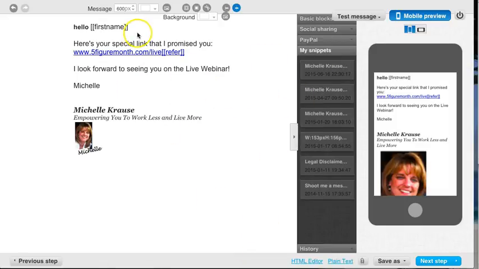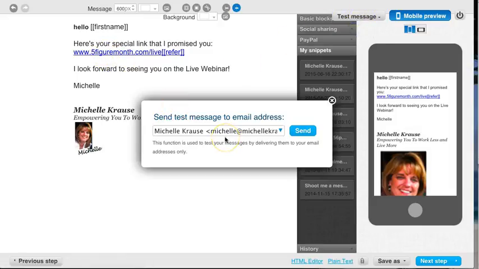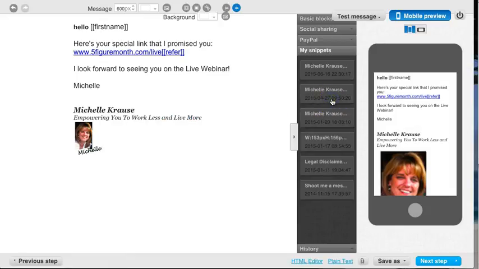And this is probably an email, because there's a link here, that I would go ahead and send myself a test message. Verify that the link is working before I actually send this and save this as an autoresponder. So you would just select the email you want to send it to, and then just click send. Go to your emails, pick up the email and verify the link is working. If it is, then come back here. If you like what you see and you want to keep it this way, then just click next step